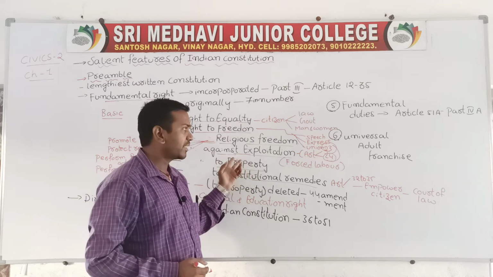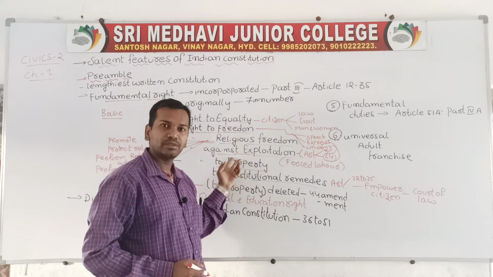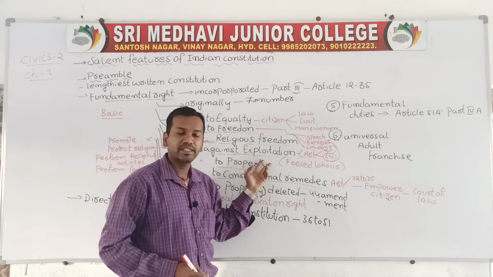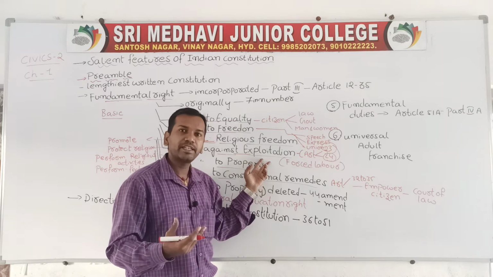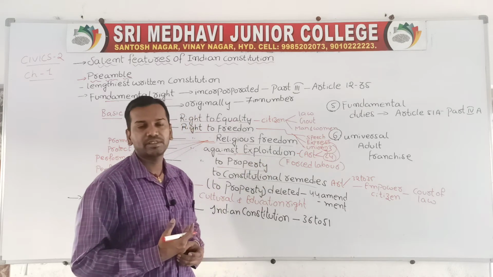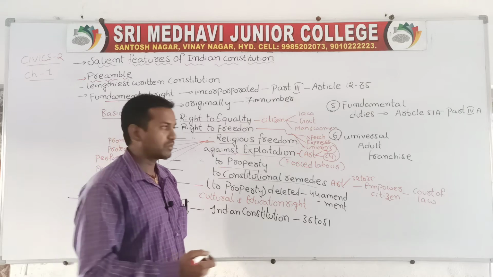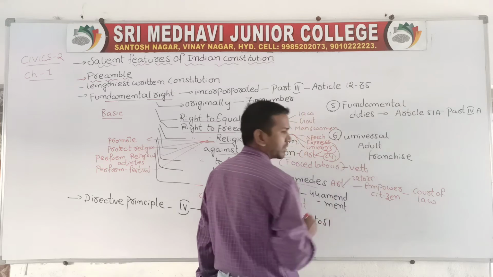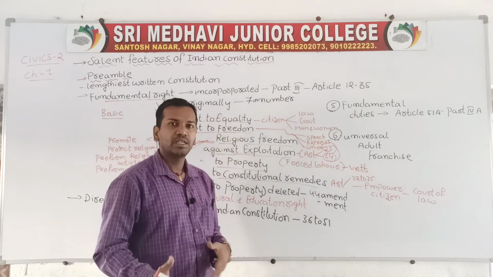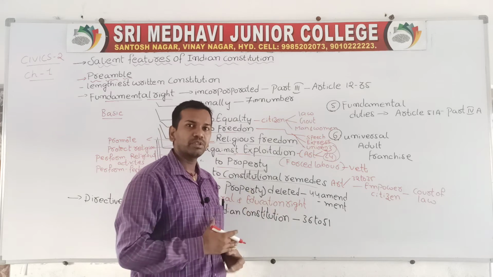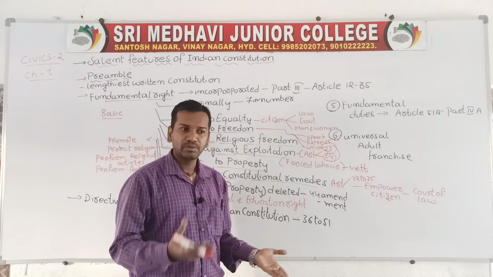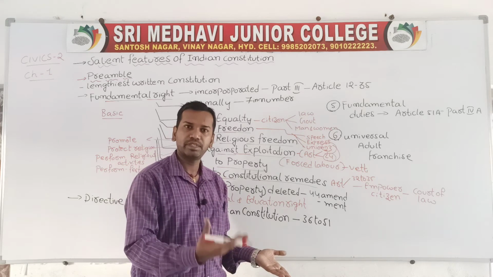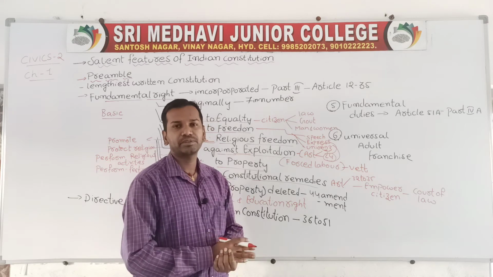In this right against exploitation, some rights are given to protect children, such as child rights and protection from forced labor. These are the important rights. In the olden days, in Andhra Pradesh or Telangana, the Vetti system was implemented. In the Vetti system, zamindars used to take laborers and make them work for a long period of time against their will. Forcing laborers to perform activities against their will comes under exploitation.